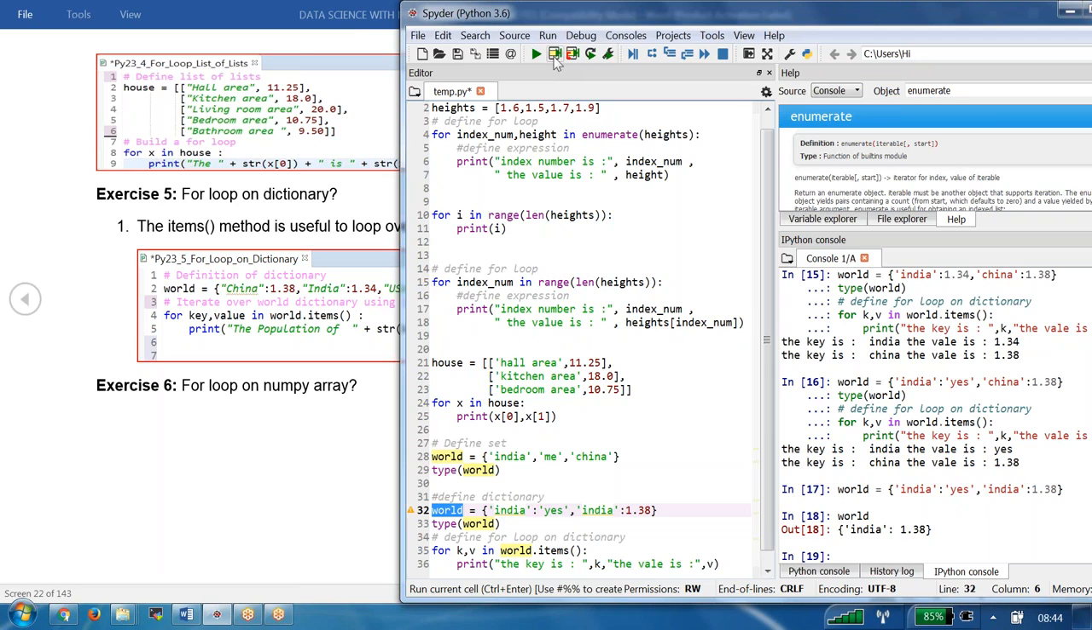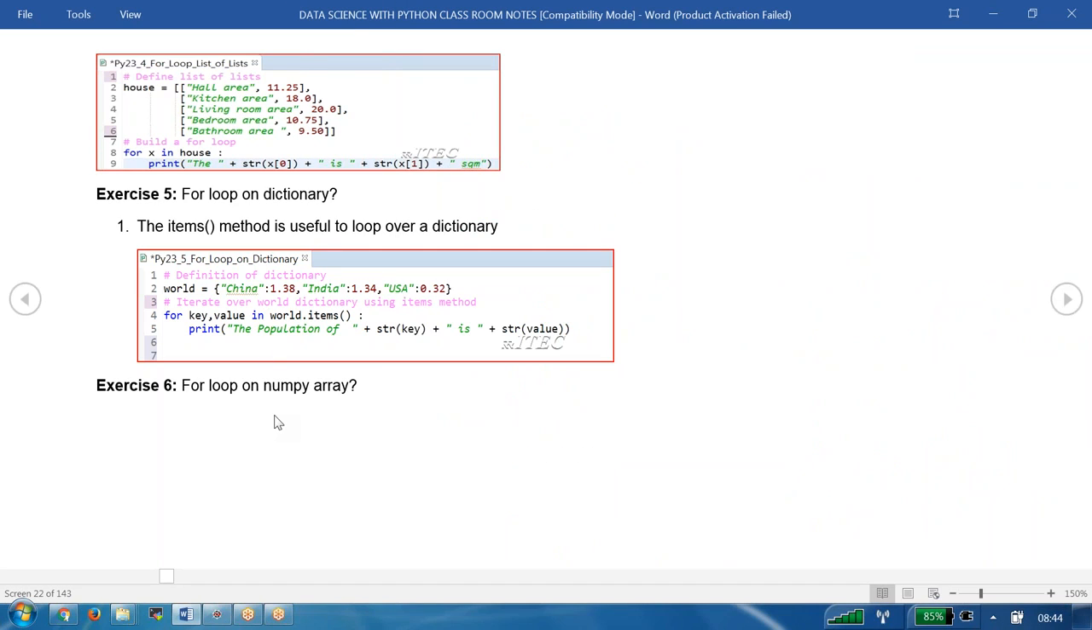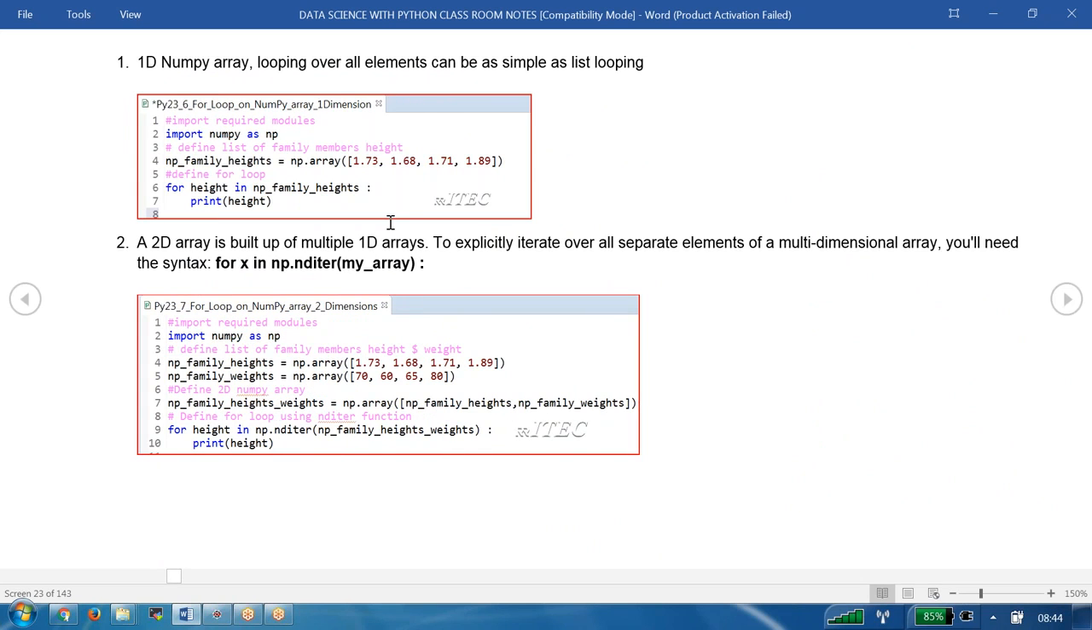Am I clear? Next one available is called NumPy array. We know a NumPy array is different from the regular Python array, right? We know how to define it. Here we are trying to define a 1D NumPy array. More about this one we will discuss later. Anyhow, NumPy arrays: looping over all elements can be as simple as